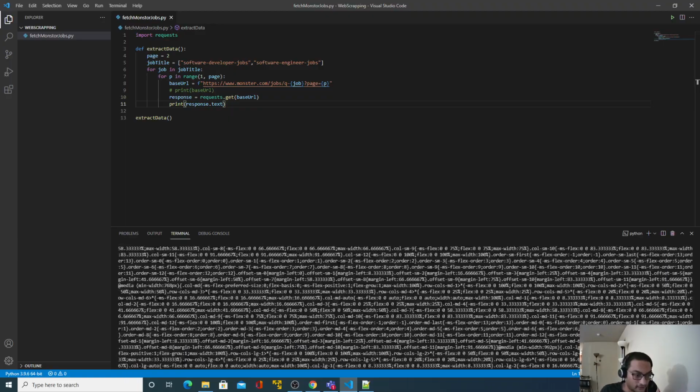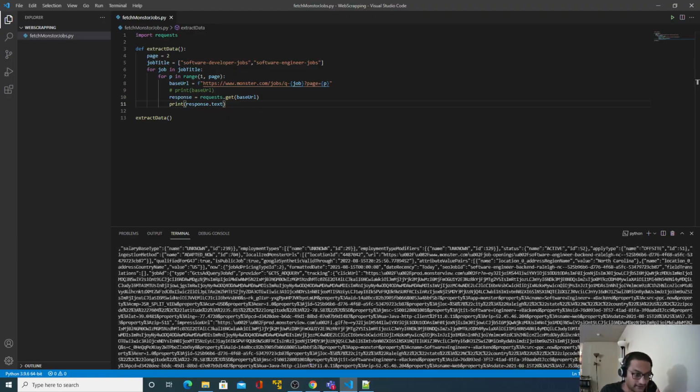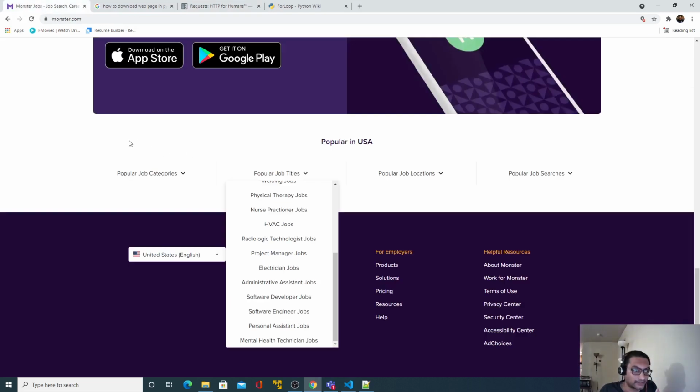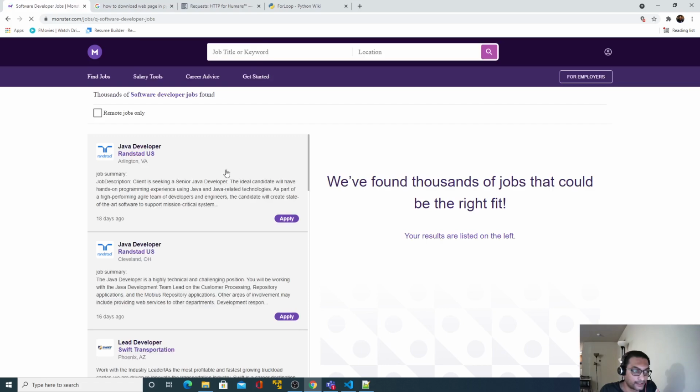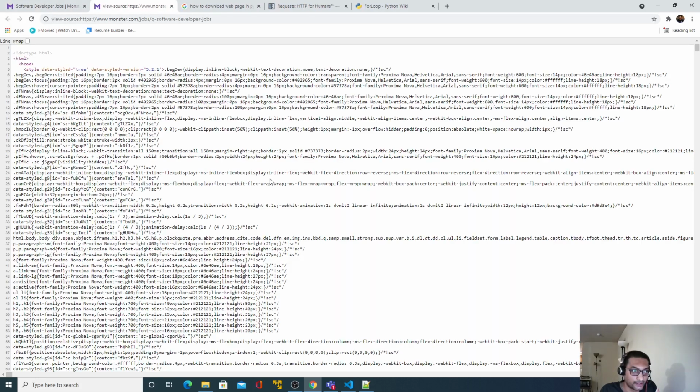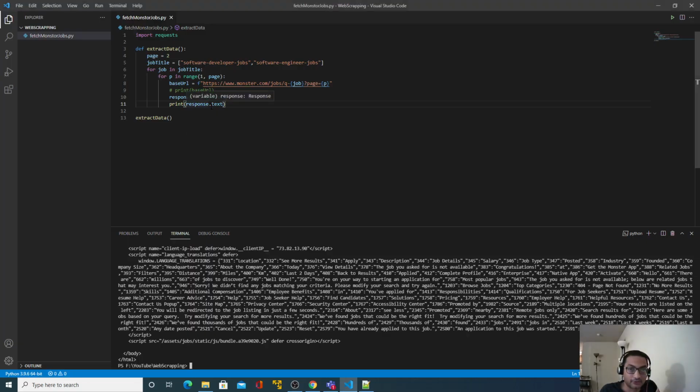Okay, now this is the second page. Basically this text is nothing but, if I right click on this page, let's assume I clicked on software developer jobs, and if I right click here and click on view page source, whatever text I am seeing, basically that text is nothing but this response.text.